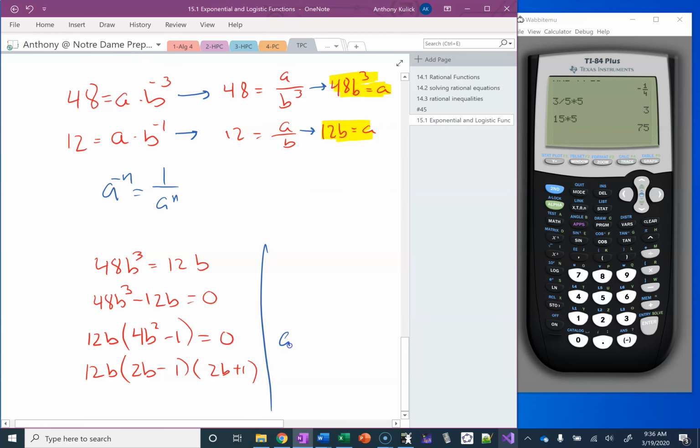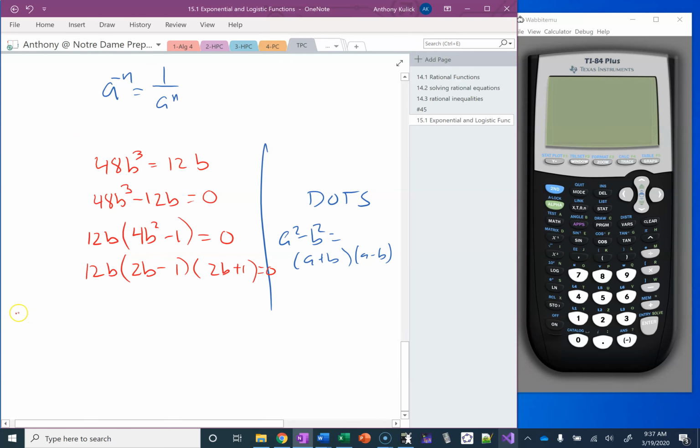Again, what I use there is that a squared minus b squared is equal to a plus b times a minus b. That's what I mean by difference of 2 squares. Oops, and I forgot that this is still equal to 0. Okay, so what I can do then is I apply the zero product property and set each of these equal